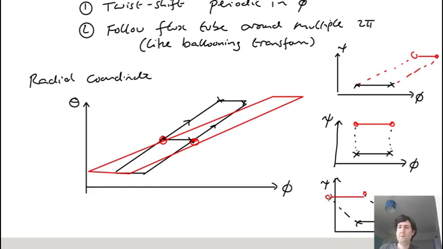And the shear can become very large if the radial coordinate is not fine enough, particularly if you have things like X points or just near the edge of the plasma, where this shift can become very big. And this leads to a problem when you try and match this side. So when you try and do the twist shift condition, say, and match this side onto that side, you have to match a whole bunch of grid cells which are sheared this way onto grid cells which are sheared that way. And this tends to mix together the radial coordinates, radial derivatives, and the toroidal derivatives,